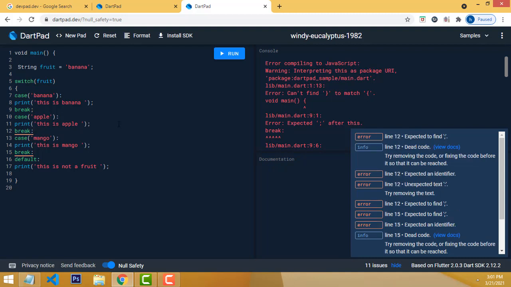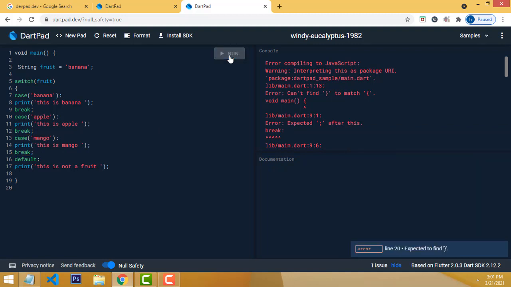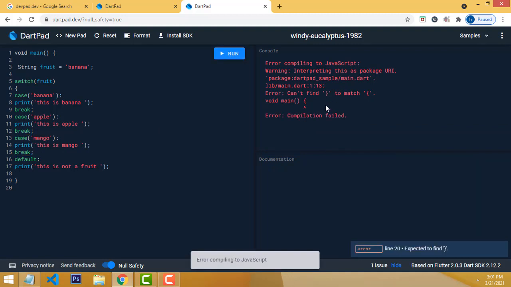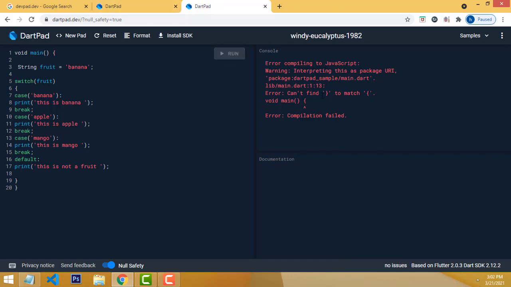The problem is this. What's the error again? You have to go through the error. What is the error being displayed? Okay, right. This is banana.